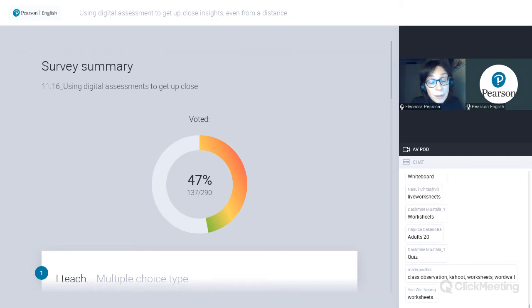And let me tell you, with my session, I hope I'll give you a taste of two digital assessments that can definitely help you with saving time in creating tests and marking tests, but also that can help you give evidence of progress to your external stakeholders, be it your supervisor or a parent. So thank you so much for your input